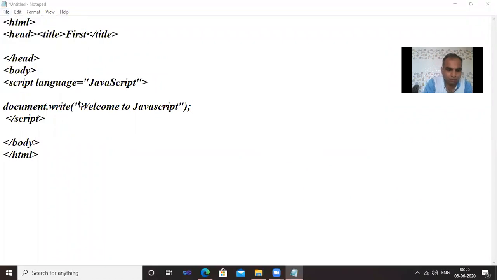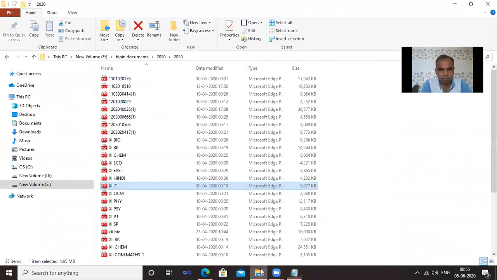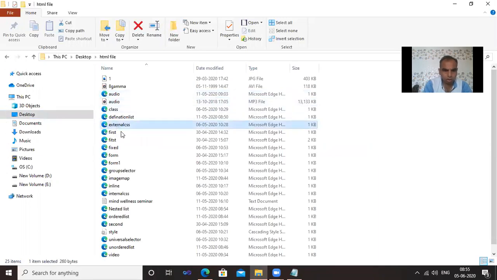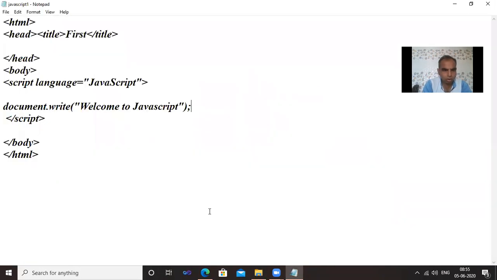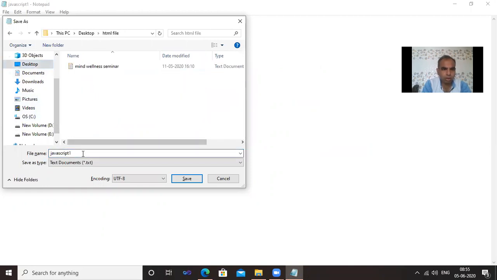So you save the work as JavaScript1.html, all files, save it, and then you go to the particular folder: desktop, HTML files, JavaScript.html, all files, and save it.